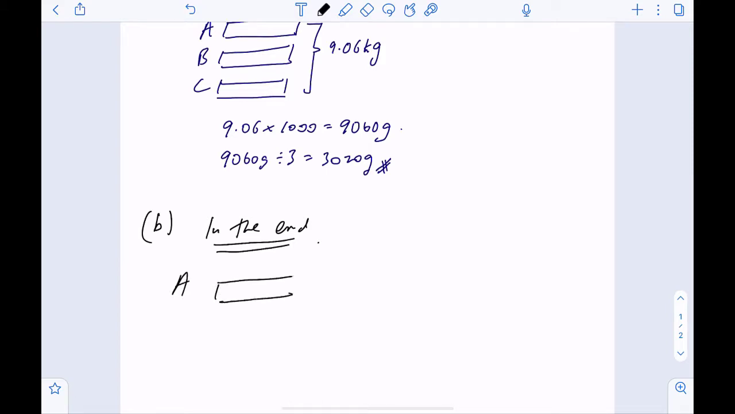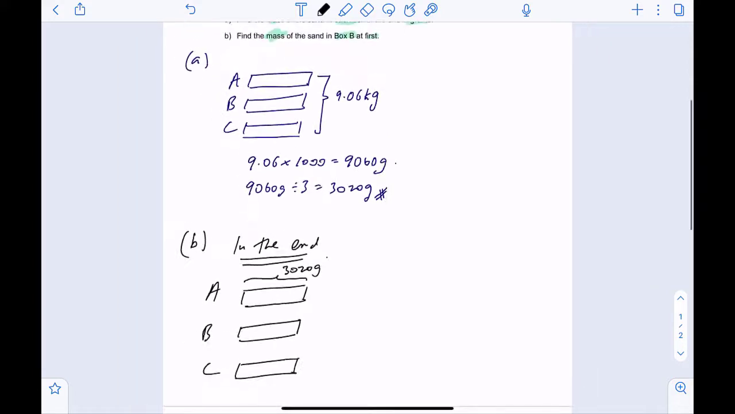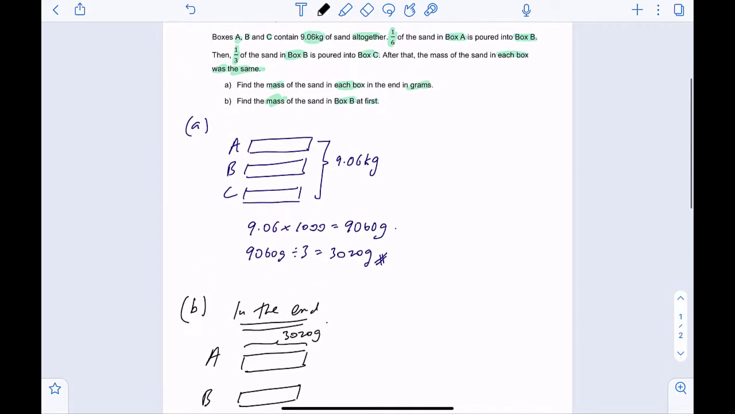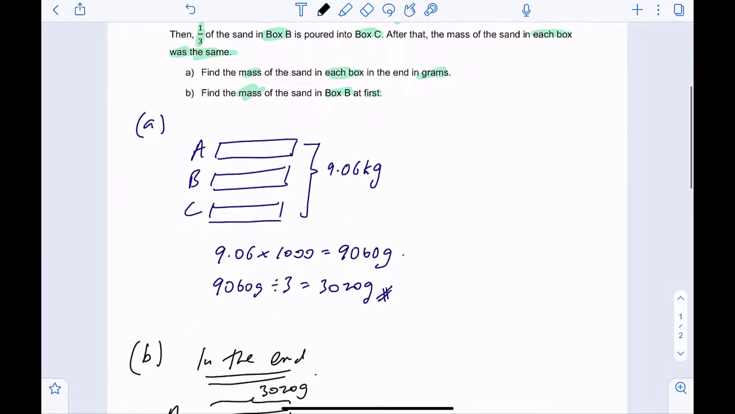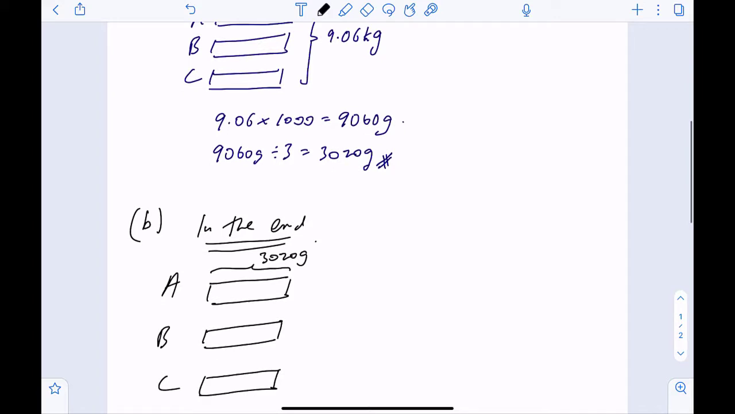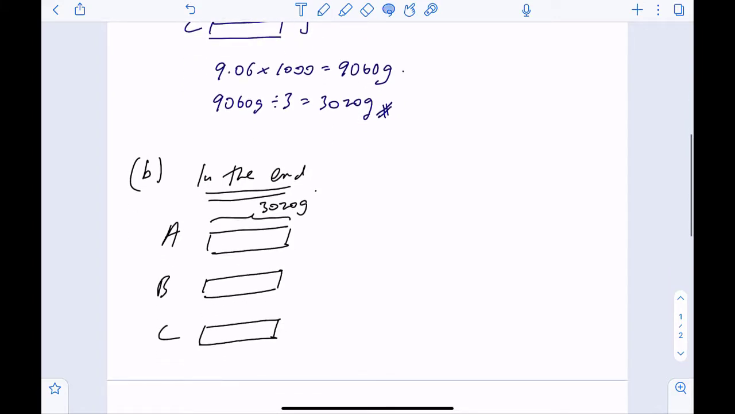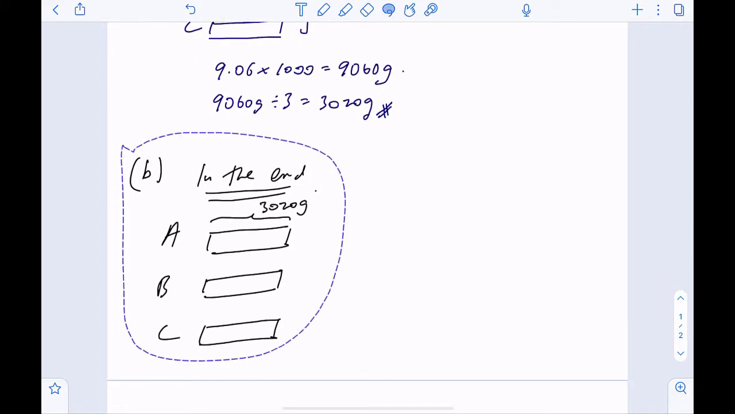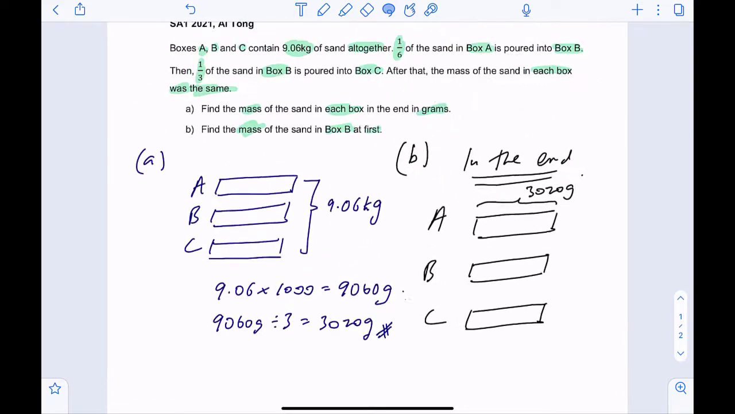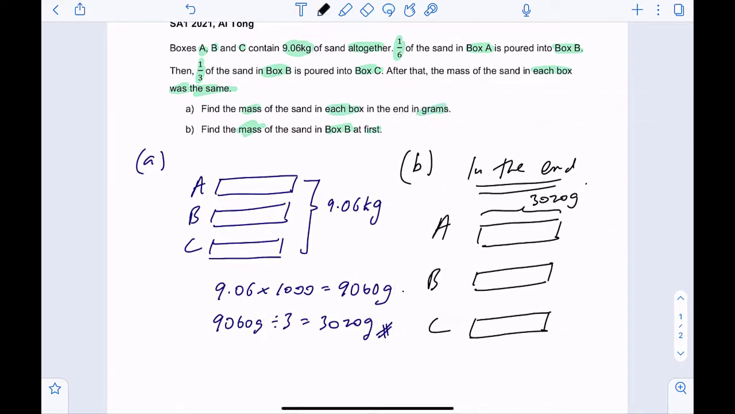So for A, B, and C, all of this will be 3020 grams in the end. But of course, this is not the case before that. Let me just cut this up. We'll do it at the top so that we have a reference. Now before this happened,